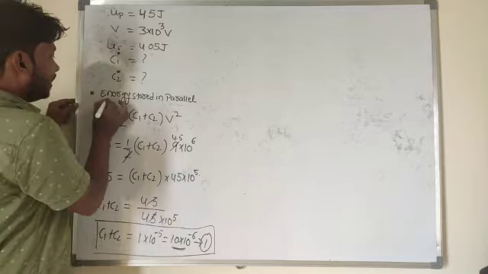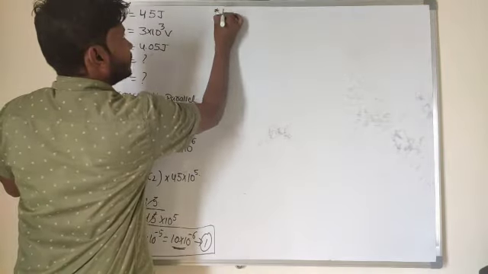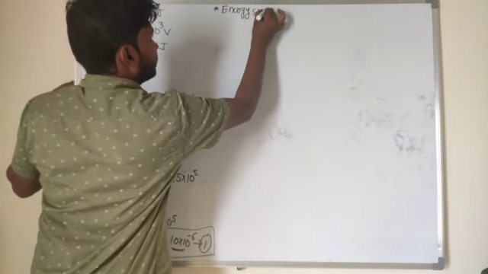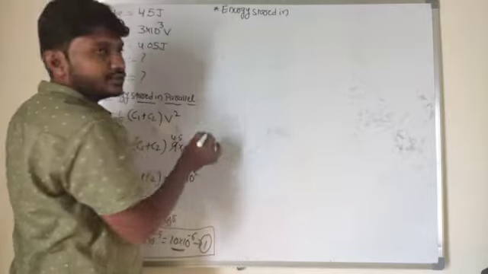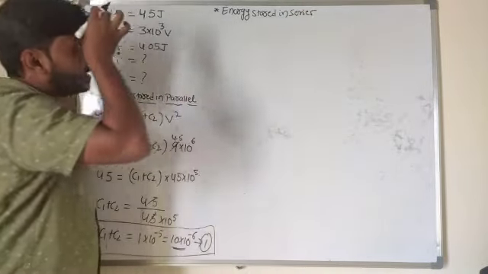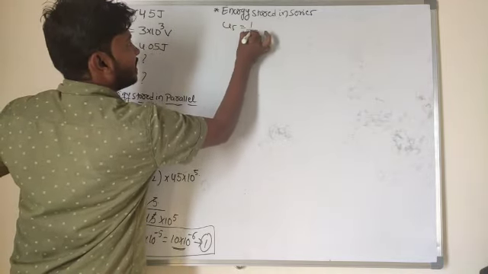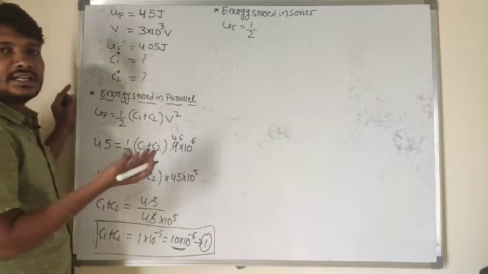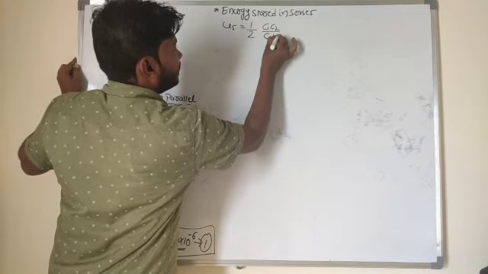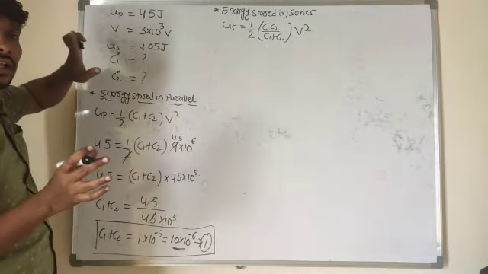Now the energy stored in series I can find. Next one, energy stored in series. So what is the connecting formula for that? Same. Energy stored in series is half of C into V squared. In the series combination, C of S is equal to what? C1 into C2 divided by C1 plus C2. They are connected to the same potential, as they mentioned.